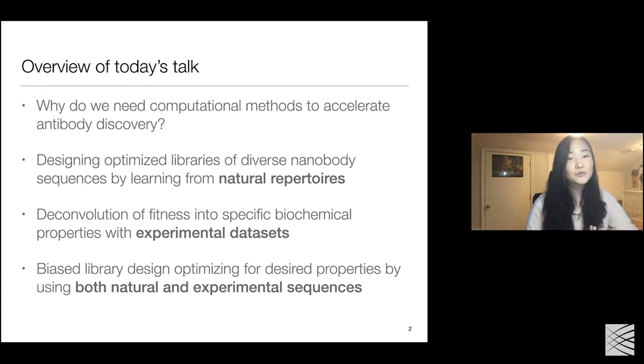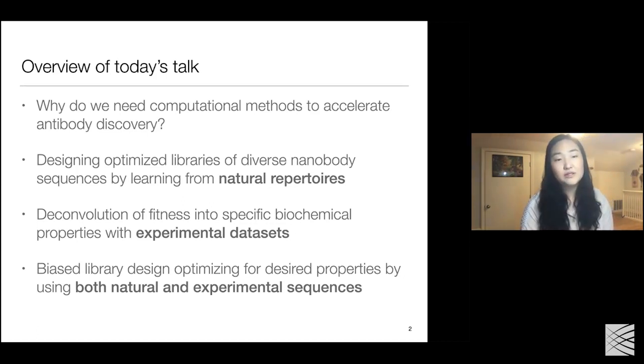Just first, why do we even need computational methods to accelerate antibody discovery? What does the field look like at this point? Second, I'll describe some work that we have done in designing optimized libraries of diverse antibody sequences by learning from natural repertoires. In addition, I'll talk about some more recent work that we have been doing with fabulous collaborators across many institutions